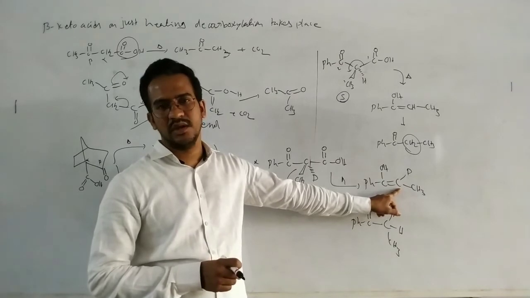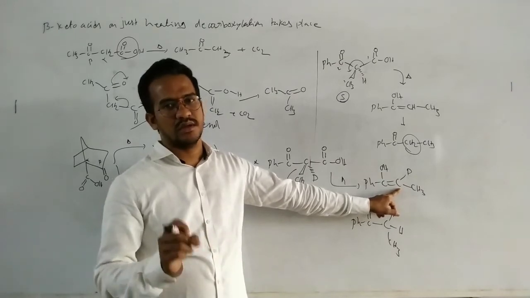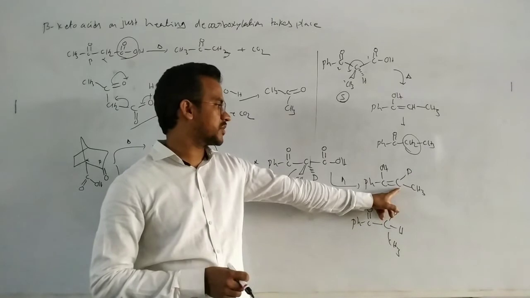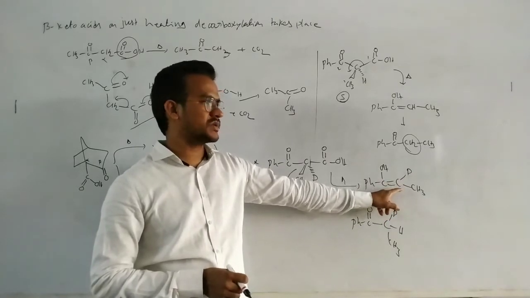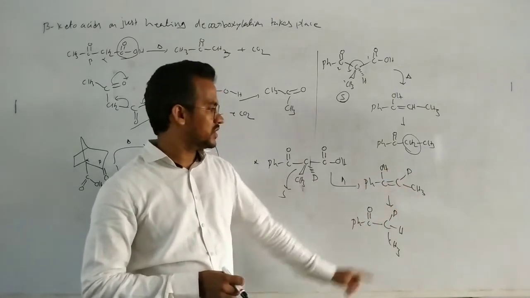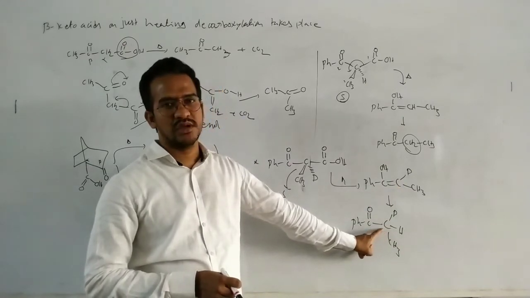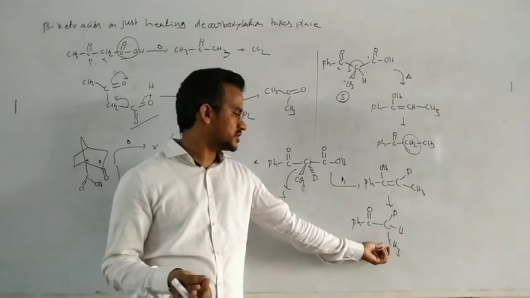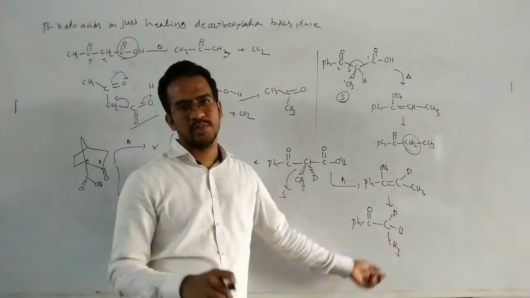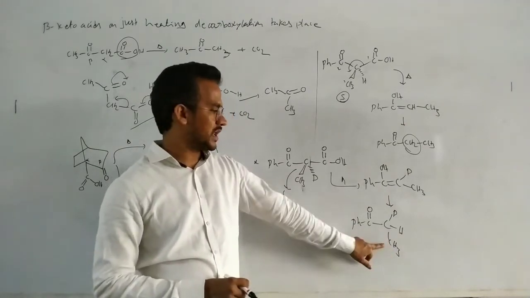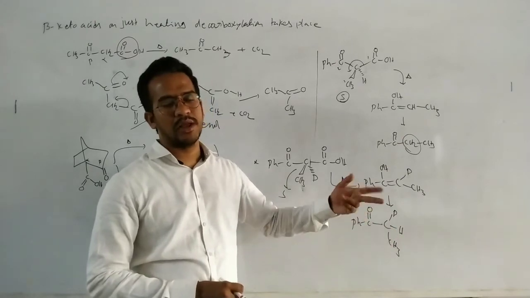R or S configuration must be stated for an sp3 carbon. So it is an sp2 carbon. So either R or S, we cannot say for this carbon. Now this sp2 carbon is converted to an sp3 carbon. Sp3 carbon means here either this methyl above the plane or methyl below the plane. Okay, this methyl above the plane or below the plane. And it is a plane, so both are possible.